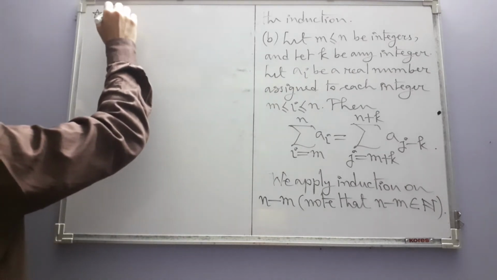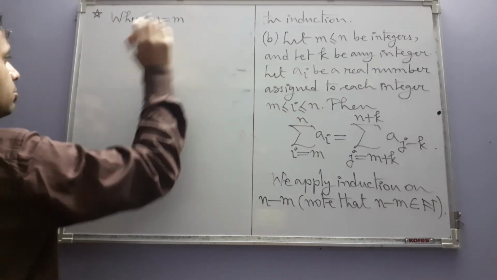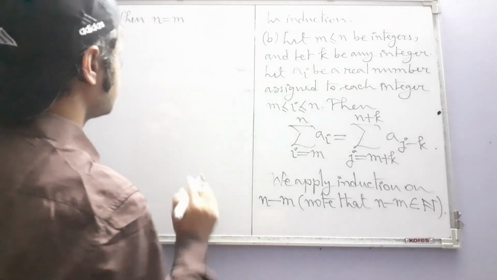When n is equal to m, that is when n minus m is 0,